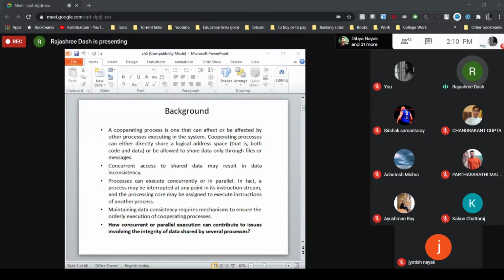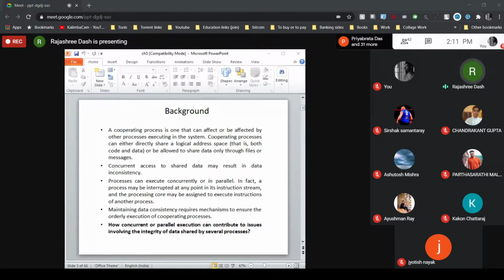So concurrent access to shared data may result in data inconsistency. As you know, a process can be interrupted at any point during its execution, and the CPU can be assigned to the execution of instructions of another process.